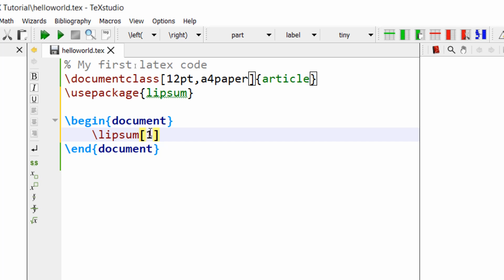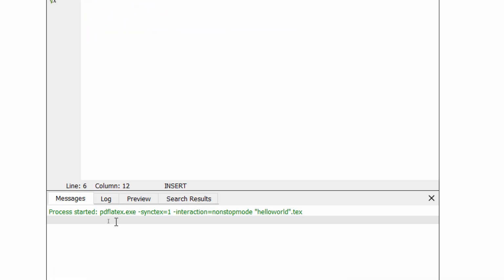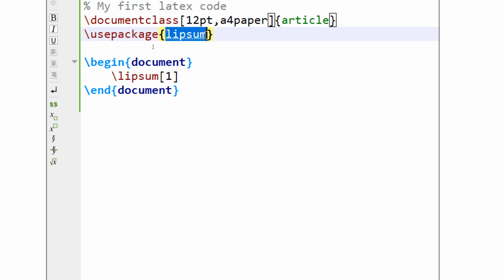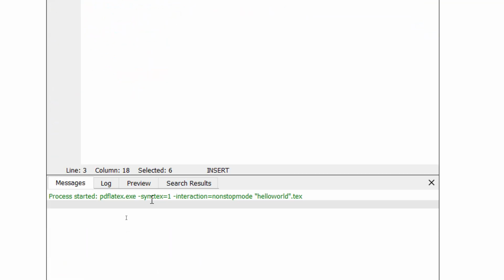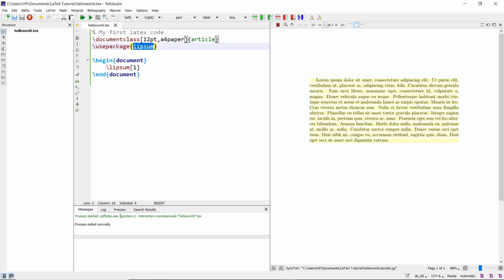Now let me show you what the output of this will be. I'll typeset this. It is taking some time to compile. Because this Lipsum package is not part of the standard package, it might download it from the internet, so it might take some time. And because I have disabled any interactive window while downloading the package, I will not get any message as to whether it is being downloaded from the internet or not. So I just need to wait for some time.